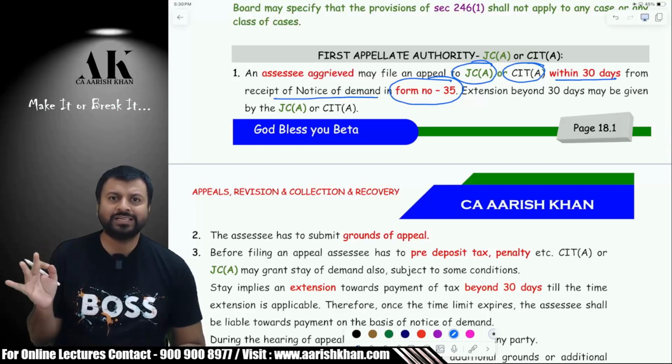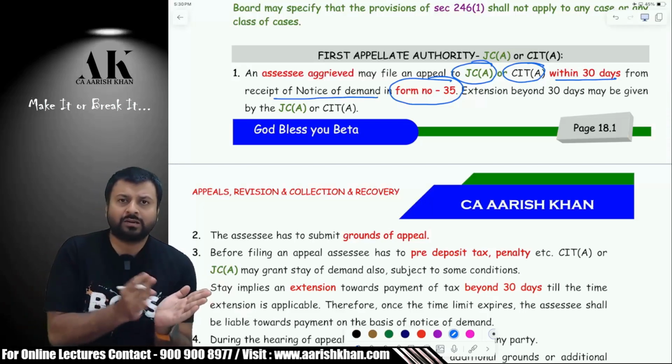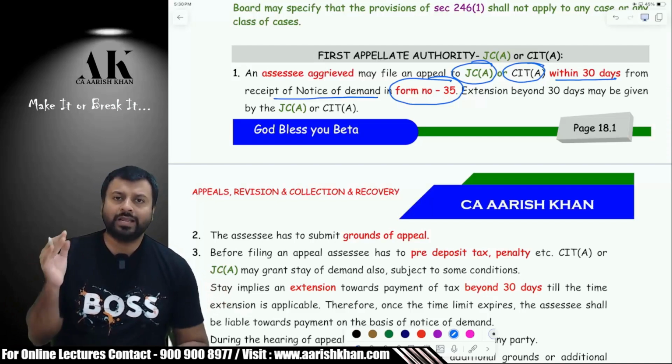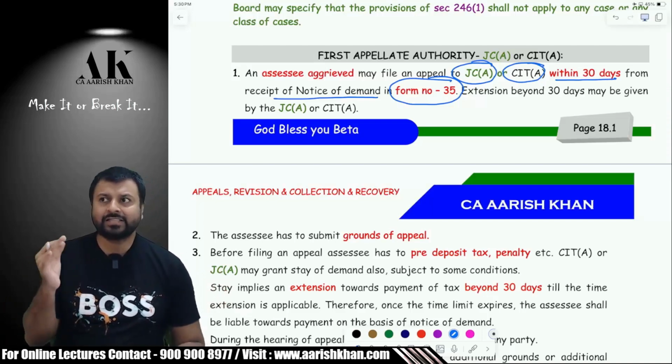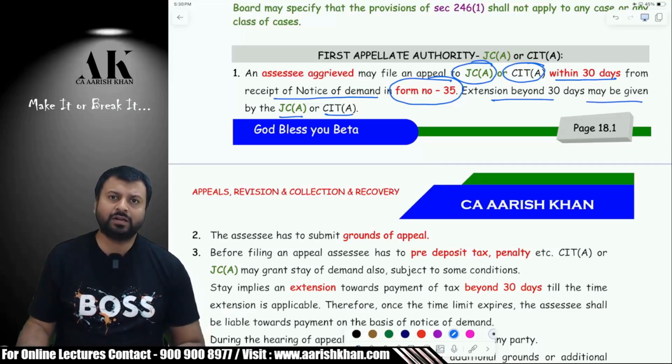Now the procedure is not changed, only the authorities have increased. Instead of only CIT appeal, now even Joint Commissioner appeal will be the relevant authority who will take care of your appeal. Now, can I get an extension beyond 30 days? Yes, you can get an extension beyond 30 days also if the CIT appeal or Joint Commissioner appeal is able to